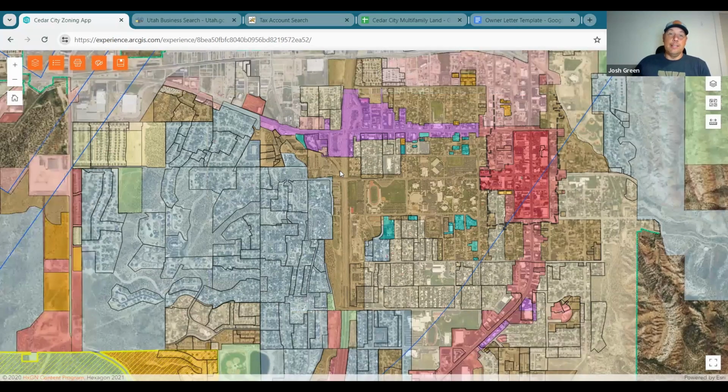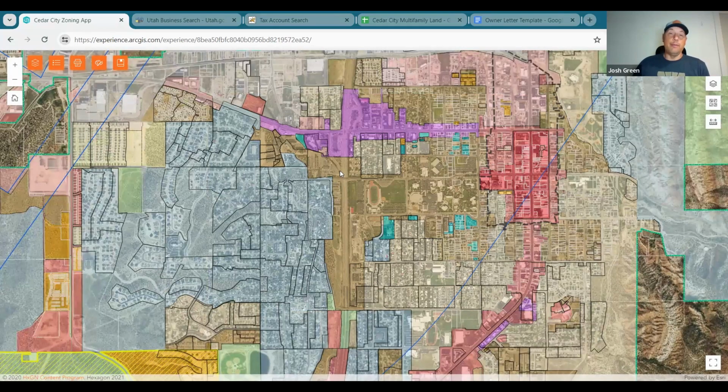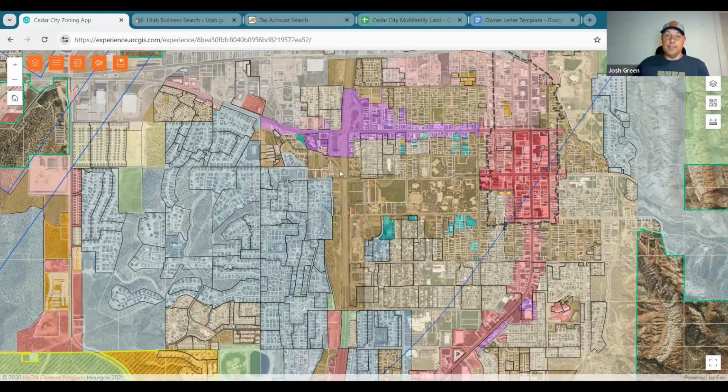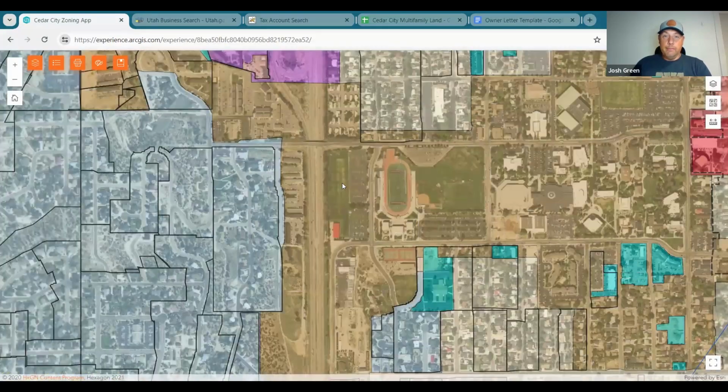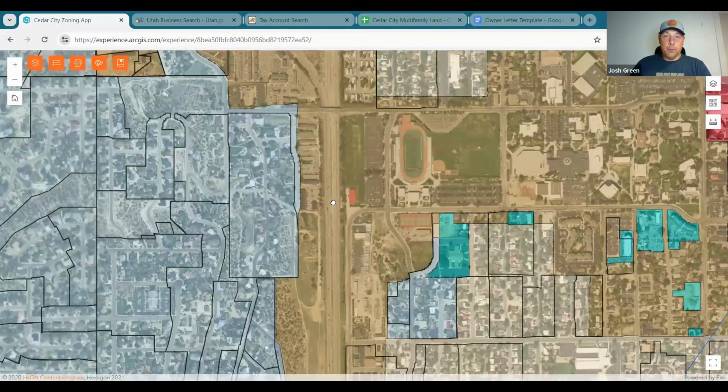And in some places, the zoning map might be a PDF, and then you might have to go to the assessor or the recorder's website to get the parcel information. Cedar City is nice because I can get it all in one place. So I already know that I like this R3M zone because it allows me to do what I want to do. So if I go in here anywhere and click on any one of these parcels,